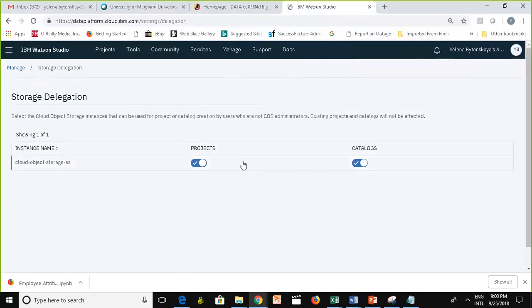So if you get a bucket error, unable to add bucket to object storage, this is what you have to do. You may need to do it if you created your first project in November and haven't done any work since. It depends. But if you receive an error, this is what you do to fix it.